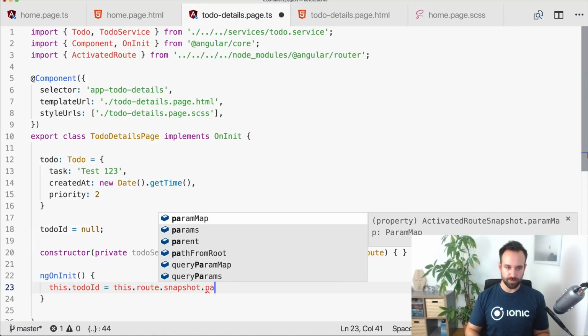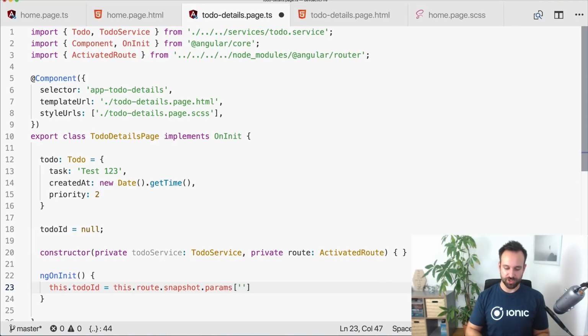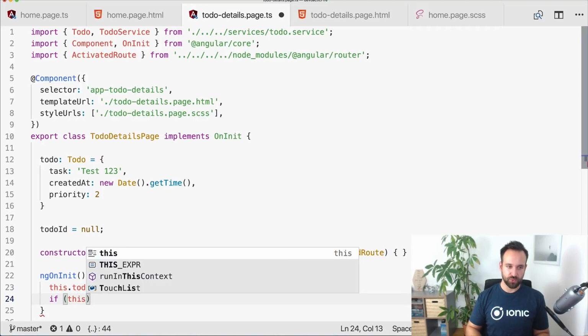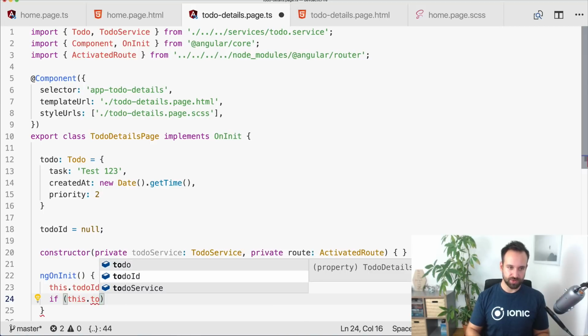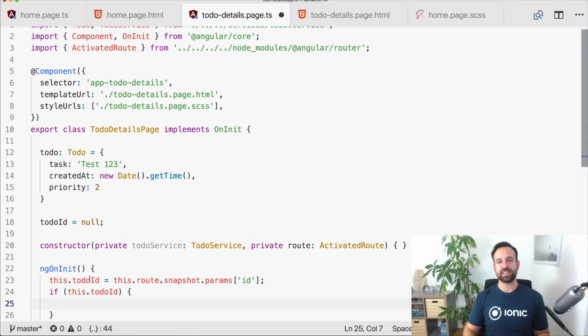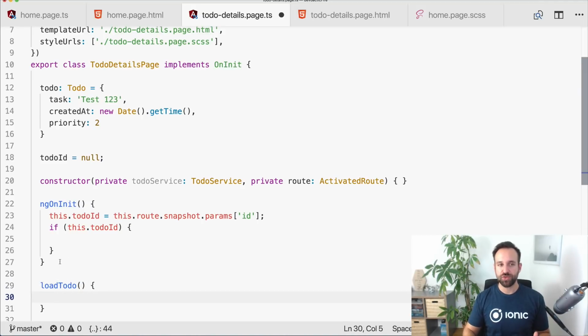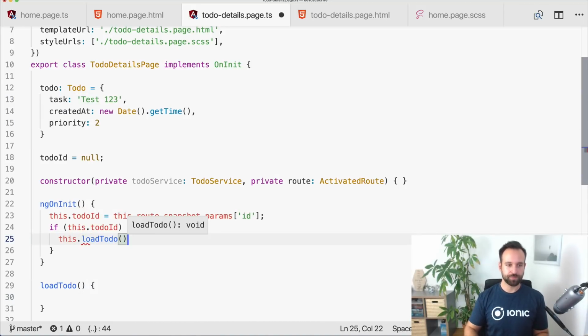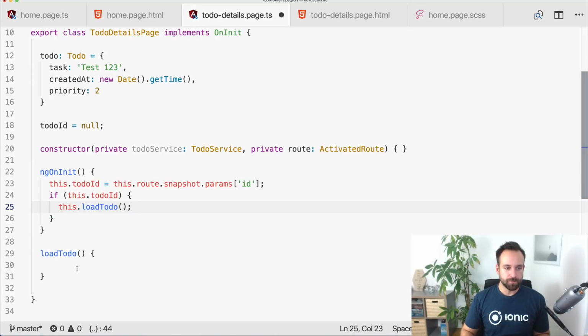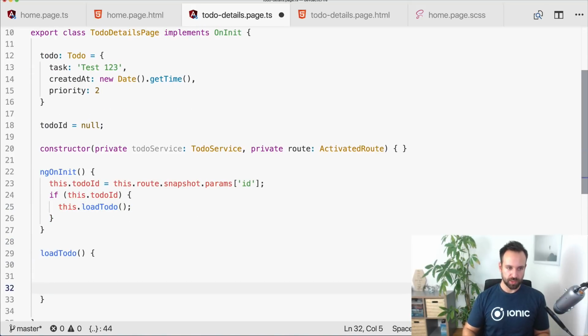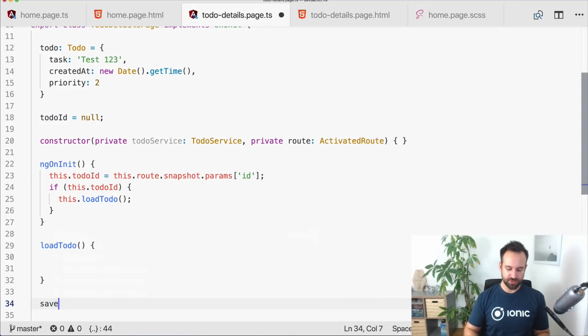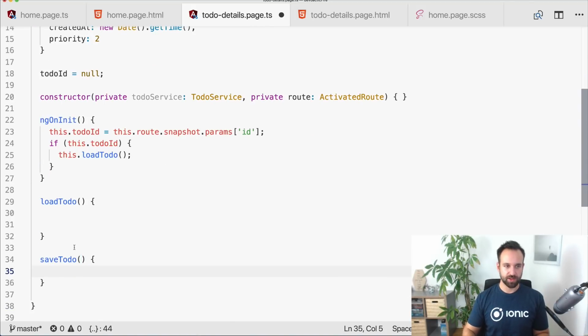.route.snapshot.params at the position id. So exactly what we specified. And if we got this.toDoId, only in that case we want to load an existing to-do. Otherwise we simply start with a blank new to-do or with this fake to-do. So this.loadToDo. Okay, we need as well a new saveToDo function,